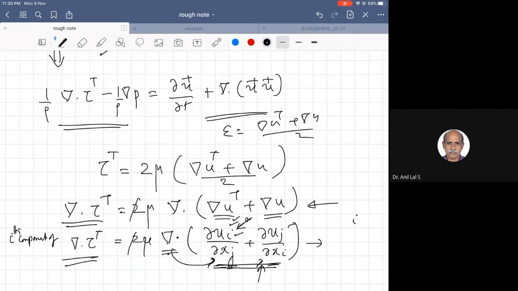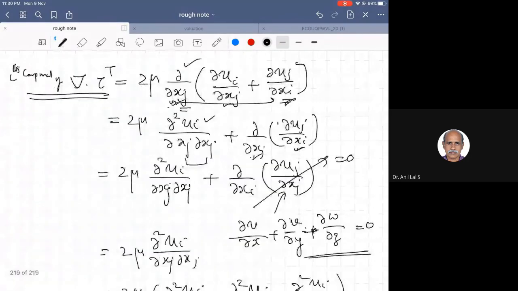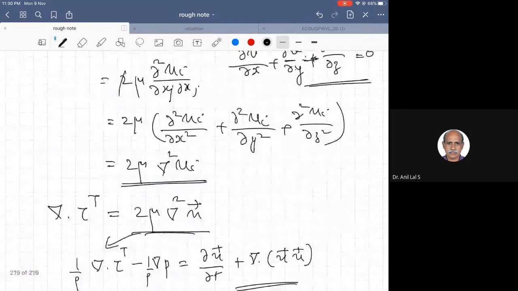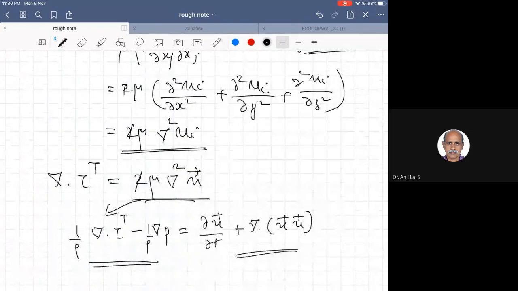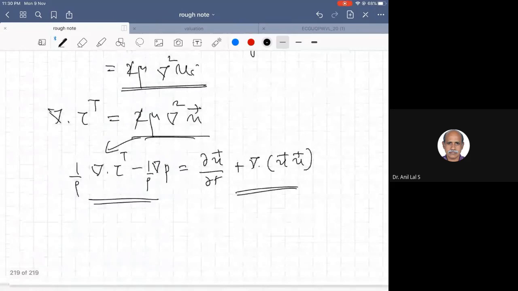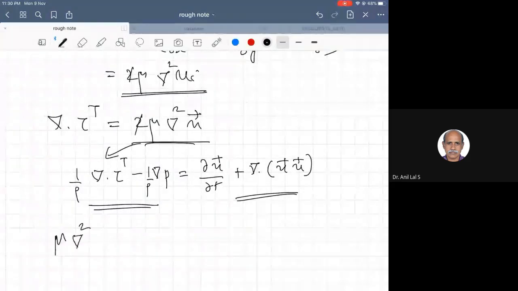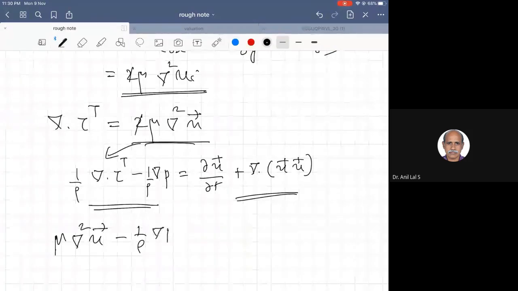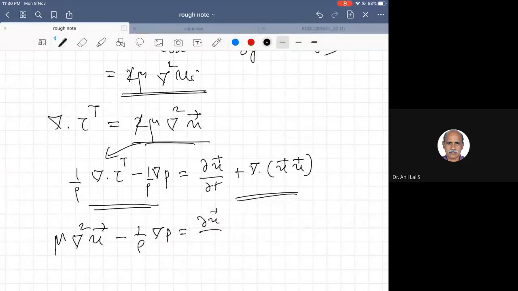So this 2 will disappear; the 2 is actually not there, it's a mistake. So we have mu del squared u vector minus 1 by rho del p is equal to ∂u/∂t, the u vector derivative with respect to t, plus